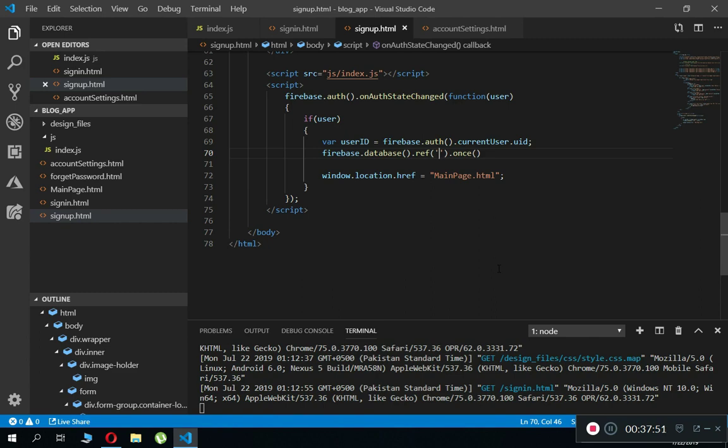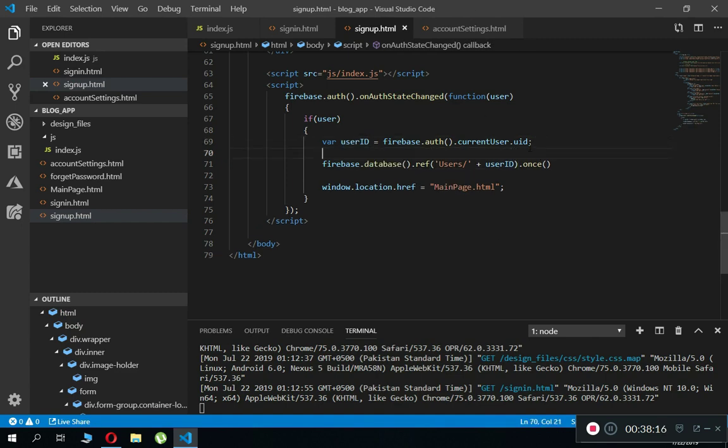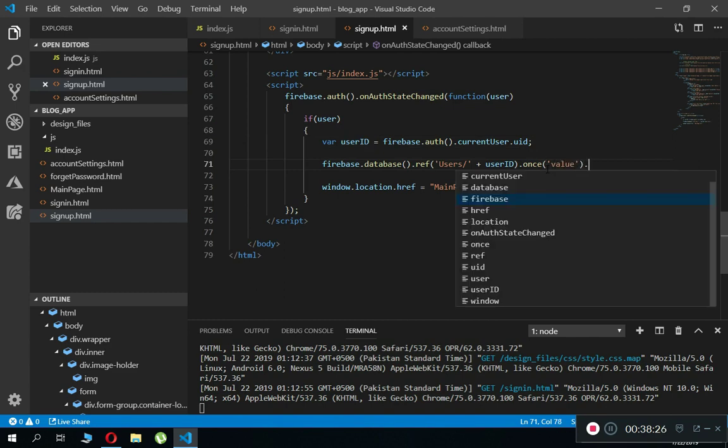So 'users', which is basically our parent node that contains all the users' information. I will show you when we test the app. So users, and then inside that we are searching for the specific user, the user who is online, and we can recognize him by his unique user ID, which we are storing inside this user ID. Then .once('value').then